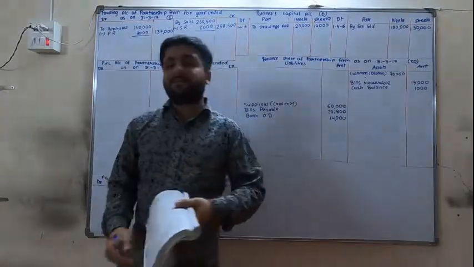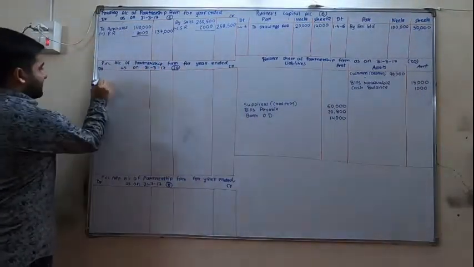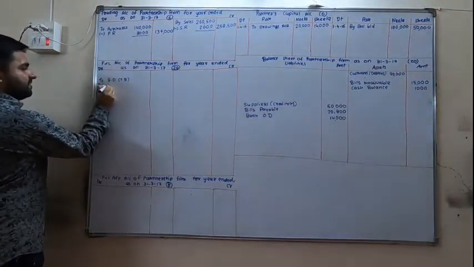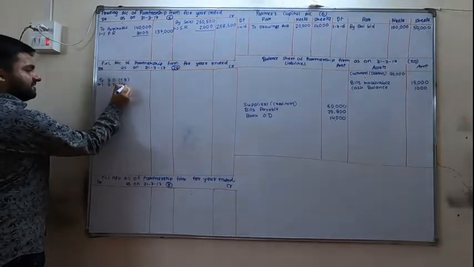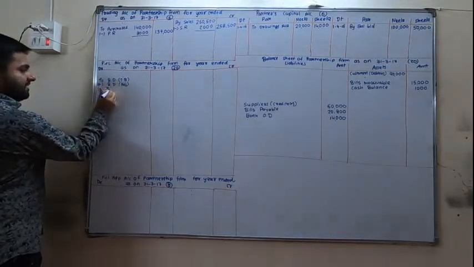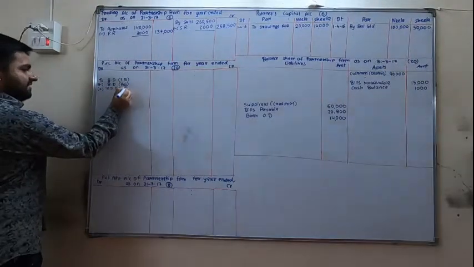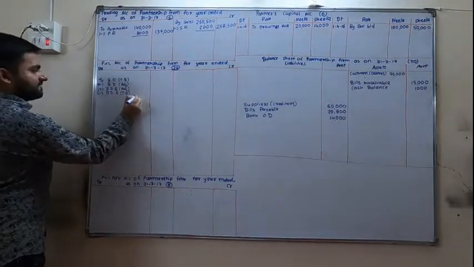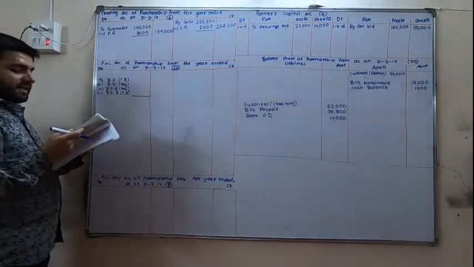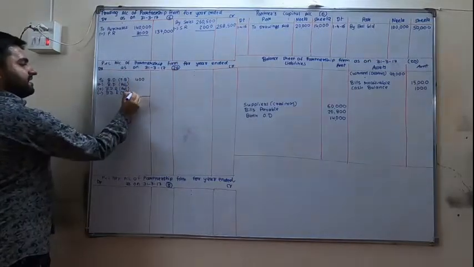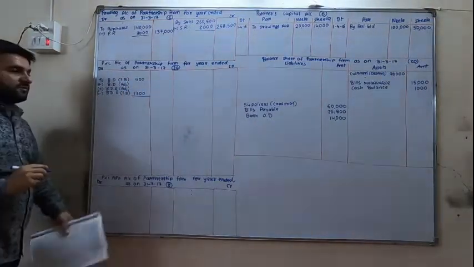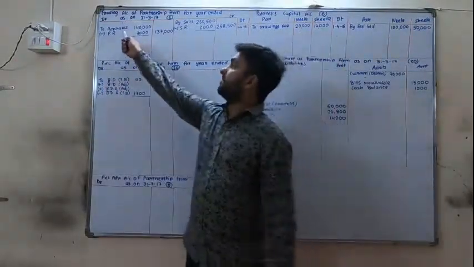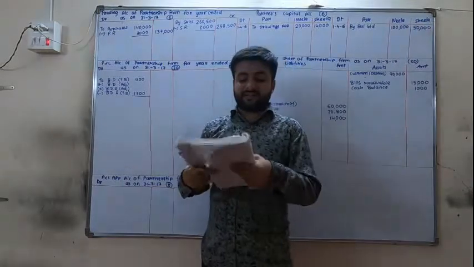Next we are having bad debts and bad debts reserve. So let us write the whole format. To bad debts trial balance plus bad debts adjustment plus bad debt reserve adjustment minus bad debt reserve trial balance. Now bad debts for trial balance are 400 and bad debt reserve for trial balance in the fourth amount it is 1300. Next we are having purchase and sales, which is already recorded for purchase returns and sales returns.